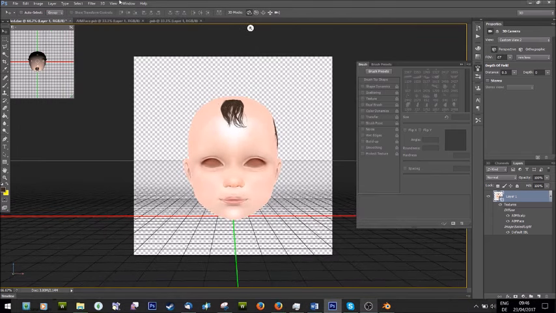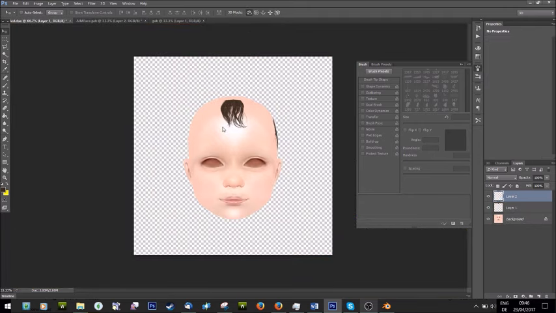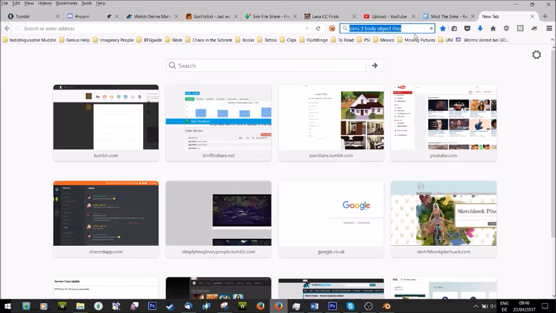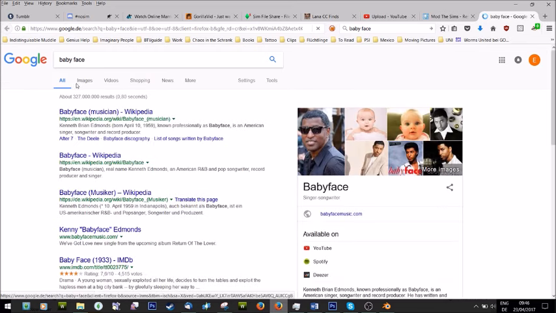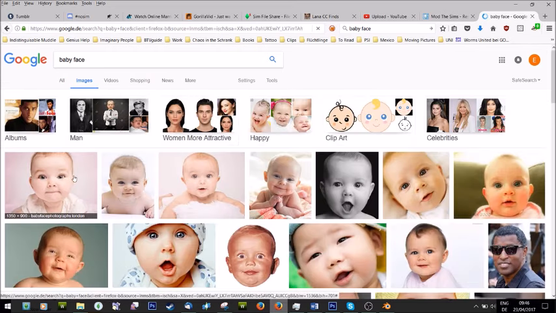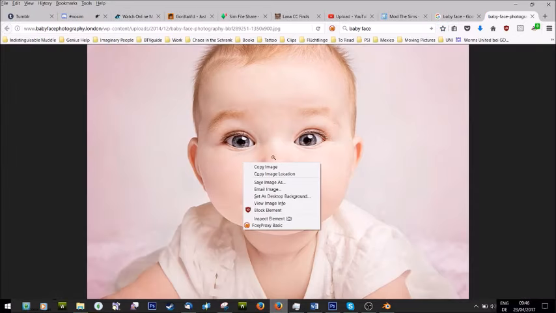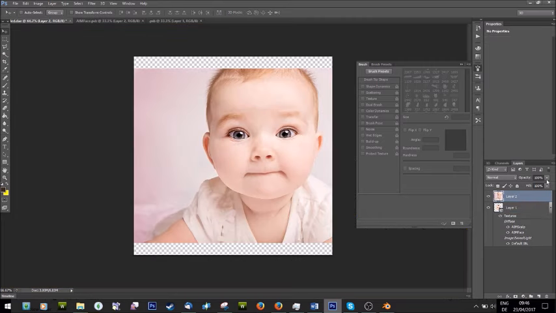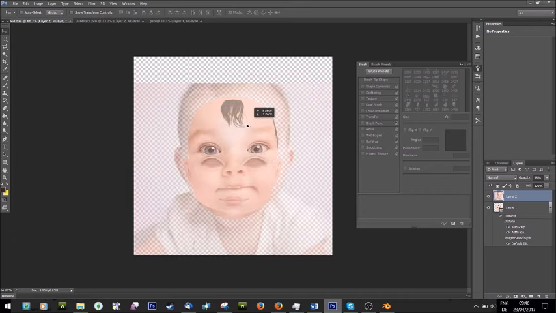So what I was going to say is I'm going to make a new layer, and this is more a skin blending tip. Doesn't really matter which picture you use. I would use high quality pictures, not whatever I'm using, but I'm just going to copy this image and paste it onto my 3D window, and I'm going to reduce down my size, and then I can literally